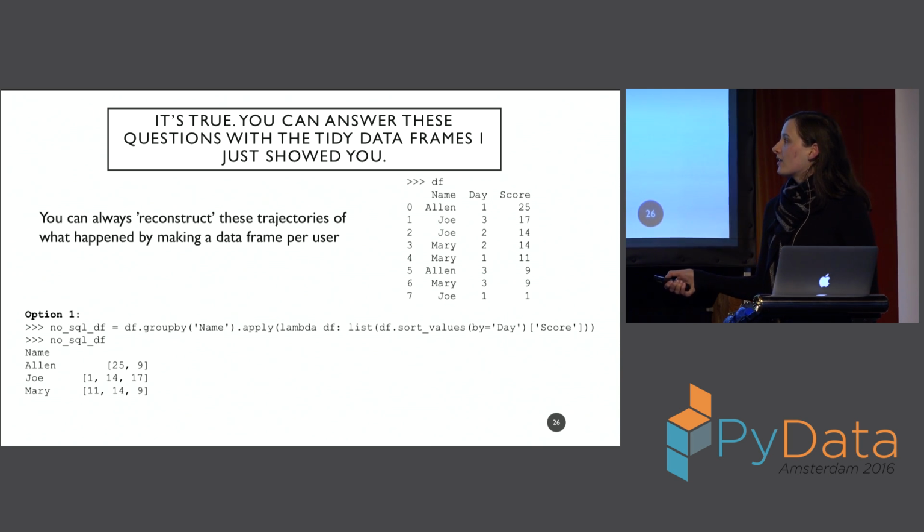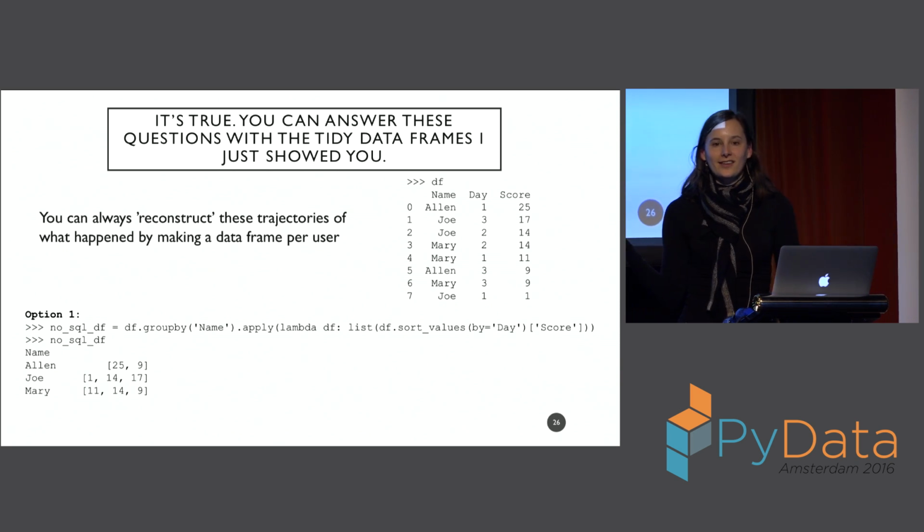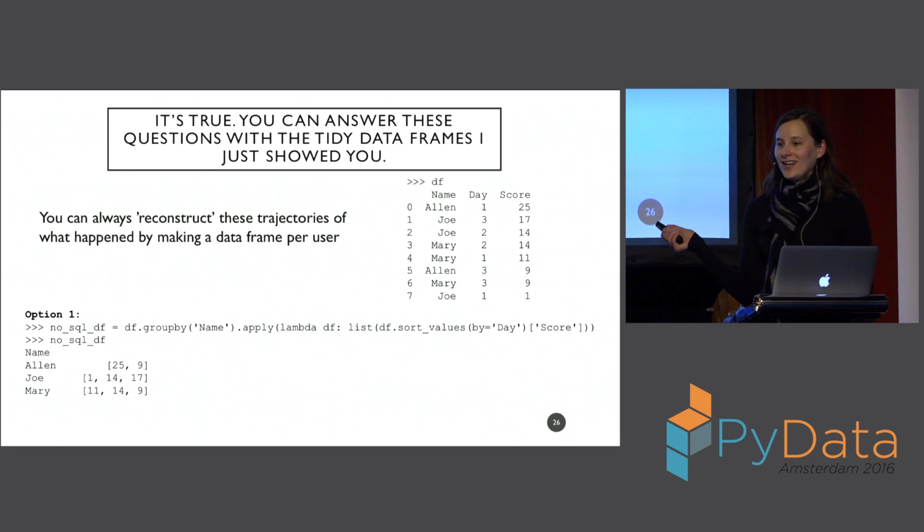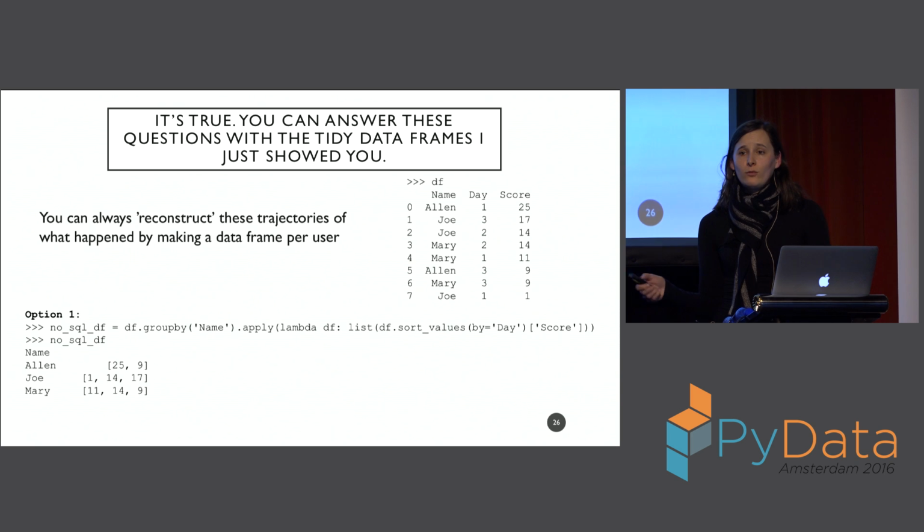Well, one way is, okay, I'm going to do a group by, and then I'm going to apply some kind of lambda function, and I'm going to sort by the day, and then I'm going to grab the score for each person. Okay, I did it. I don't think this passes muster under PEP 8. I think that's a really long, ugly line and not that easy to think about, but I also don't even get all the data I want, right? What's something that's missing? Yeah, right, I don't actually have a day. It might be in the right order, but knowing Alan had only two doesn't tell me which one he missed.